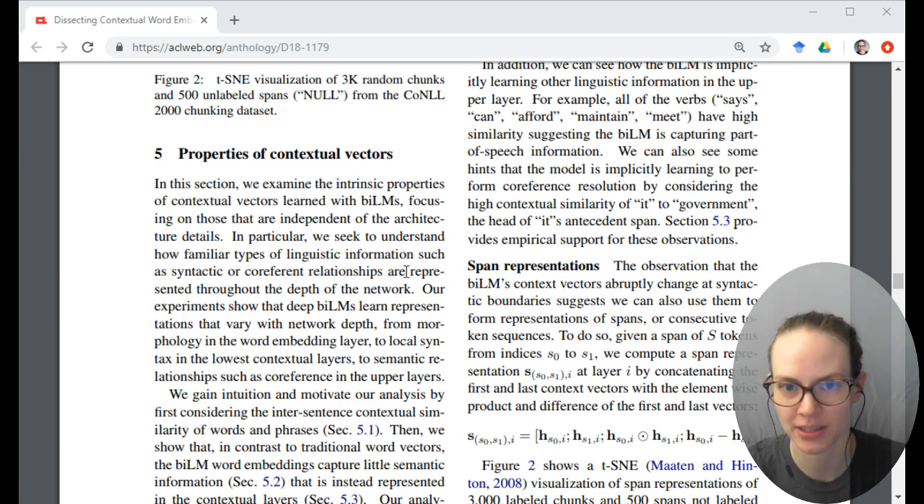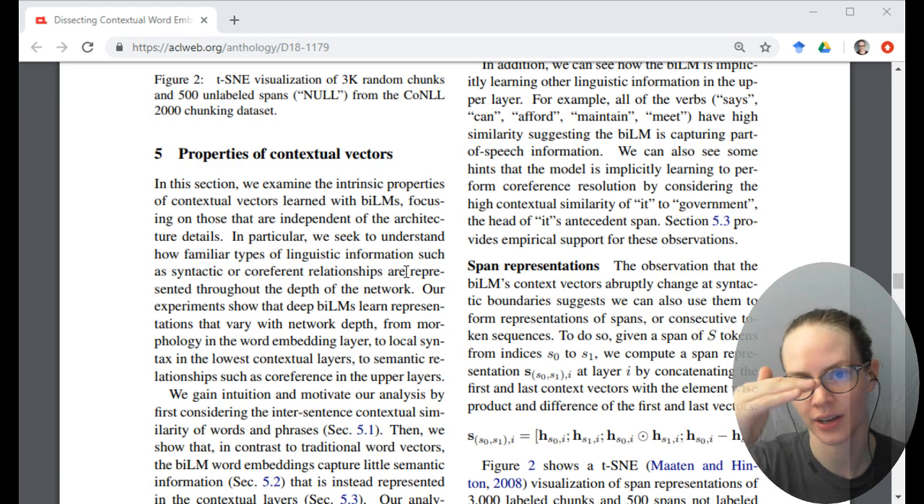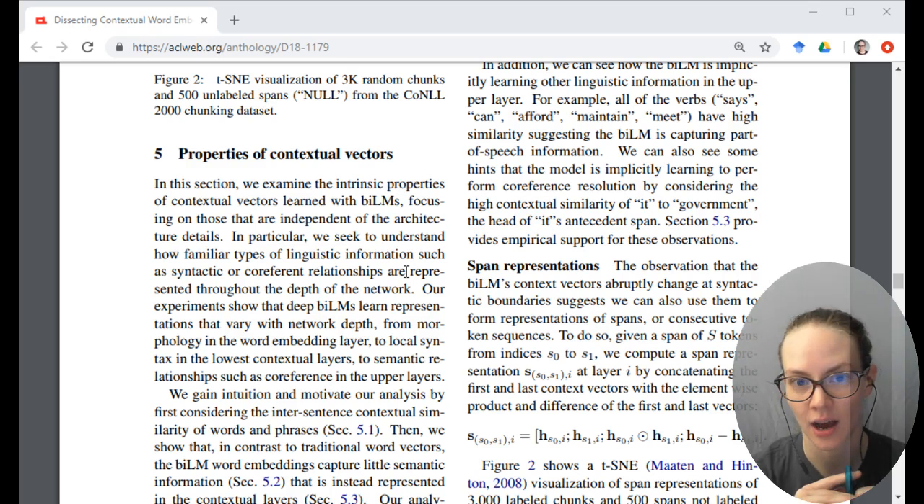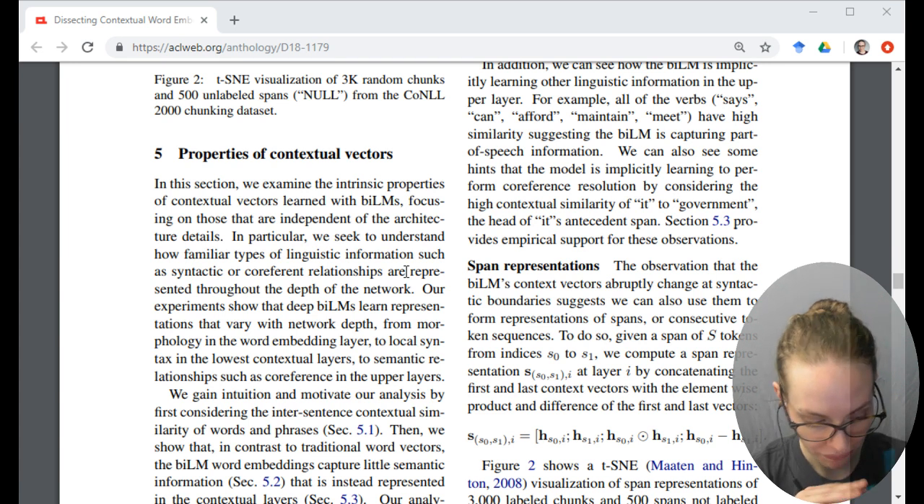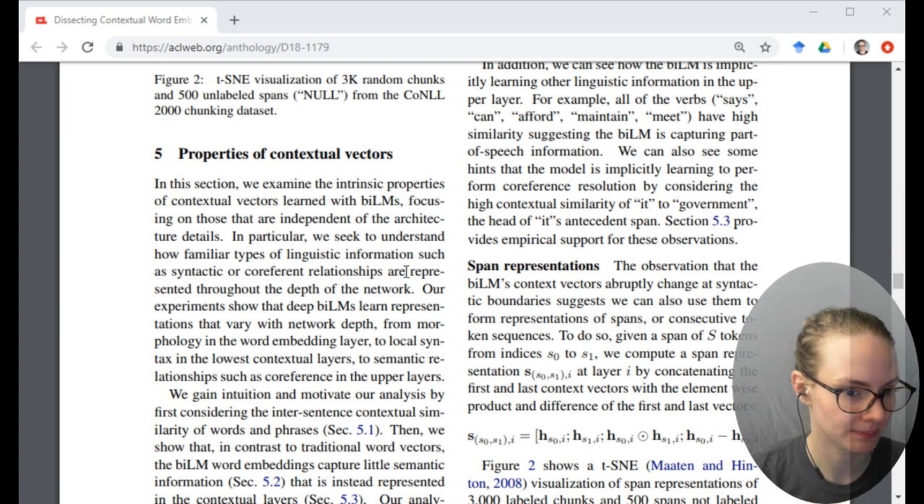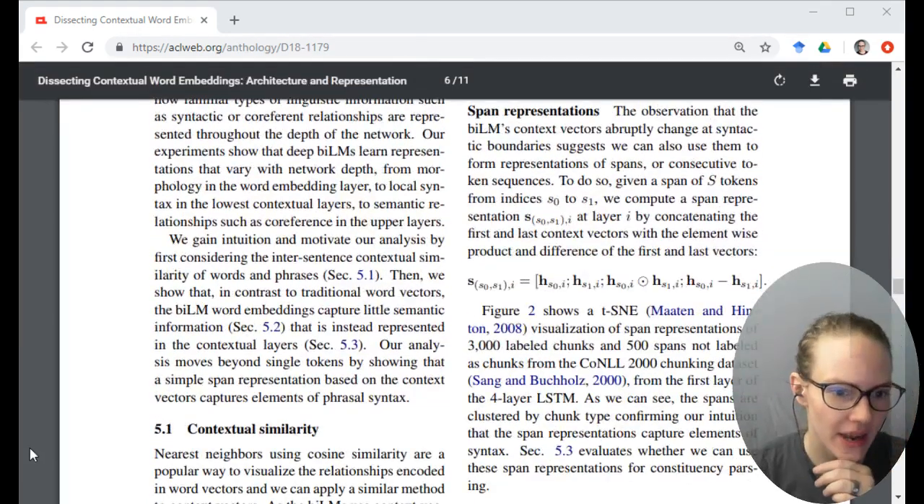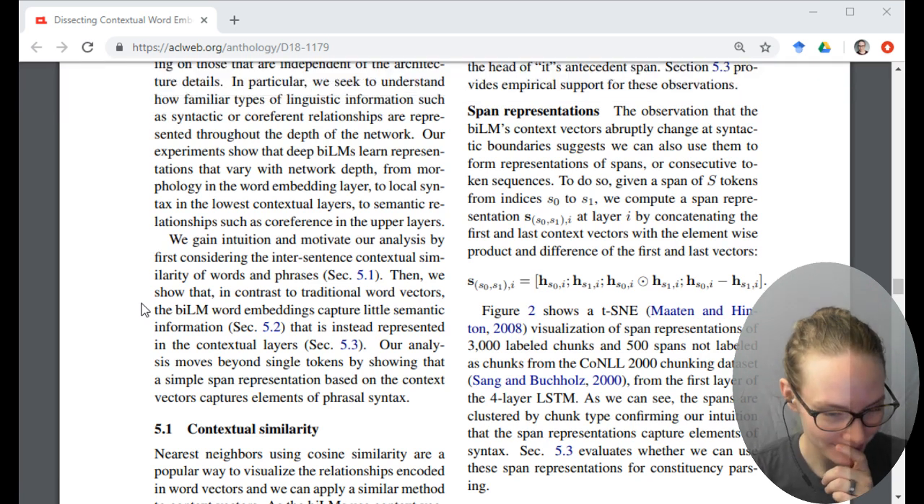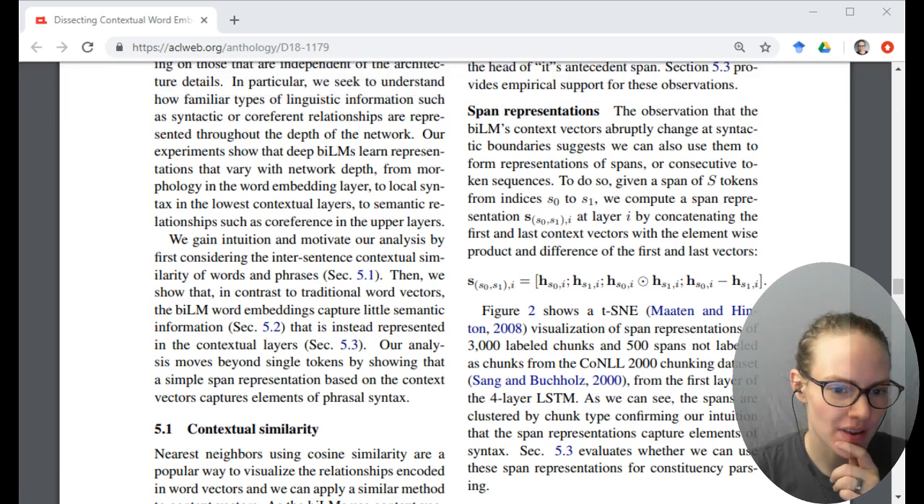Okay, and this is what they promised in the abstract, that there's hierarchical grammatical information encoded in this contextual word embedding. We gain intuition and motivate our analysis, and this is a very strong claim, by the way, so I'm excited to see strong evidence. We gain intuition and motivate our analysis by first considering the inter-sentence contextual similarity of words